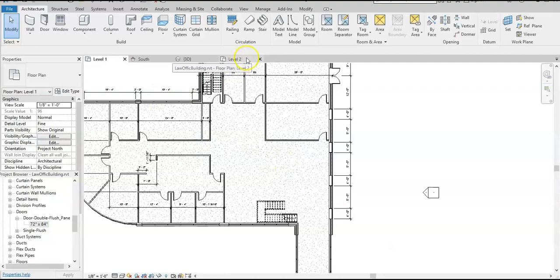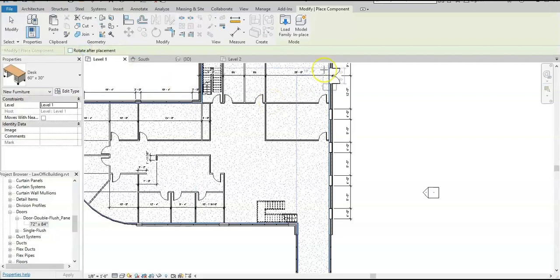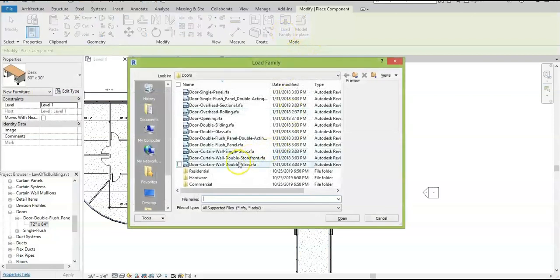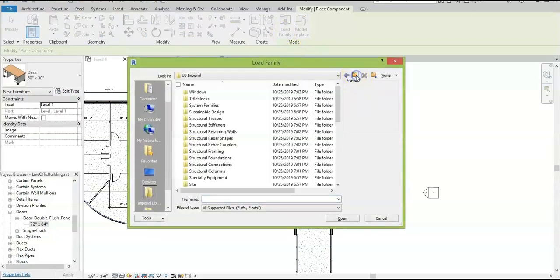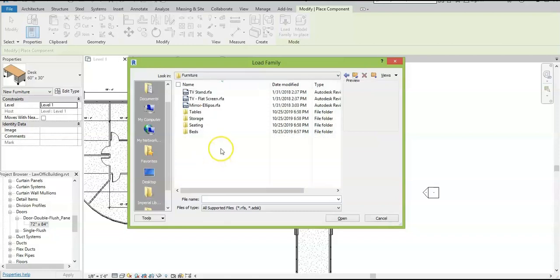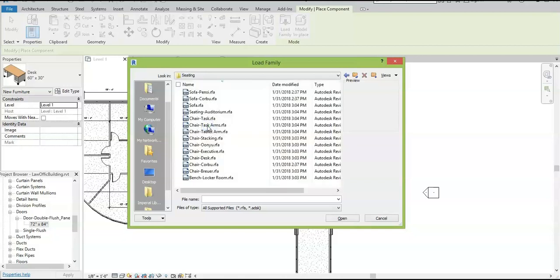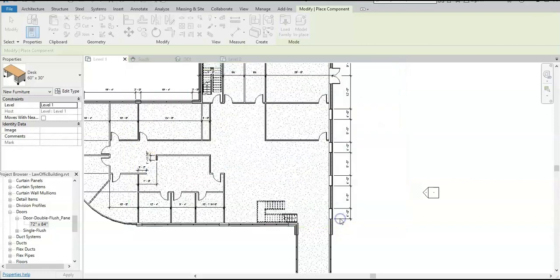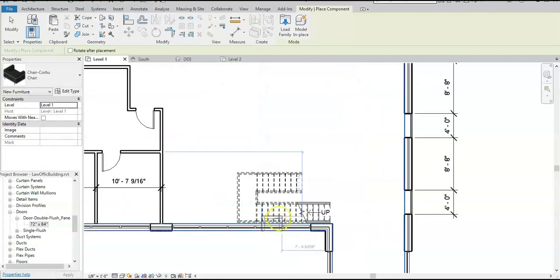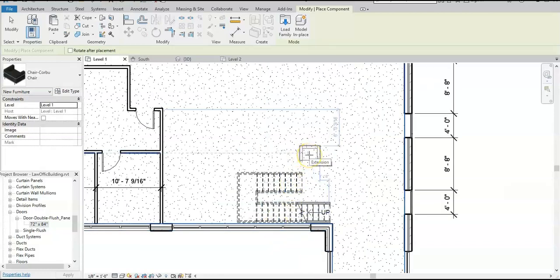So here, go to component, place a component, load family. Here, if you go back to furniture under US Imperial, open this file, setting. So I would select this one. Now, as the preview of the